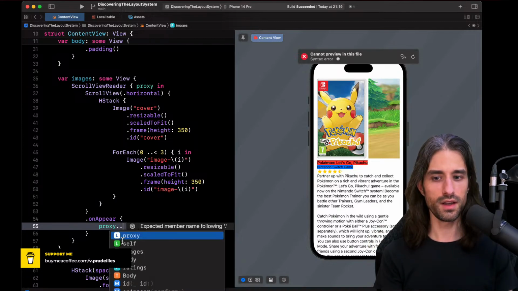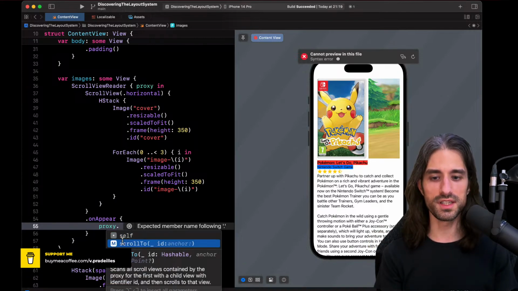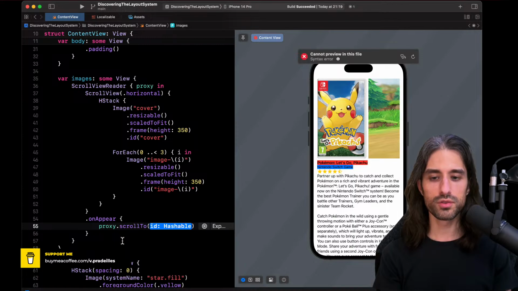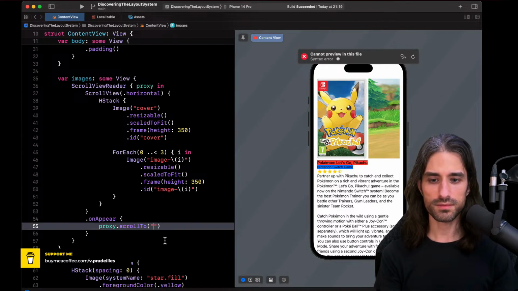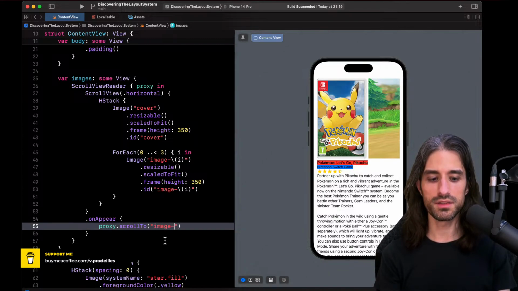And now I can say on my on appear, my proxy should scroll to the ID. So which ID should I use? I should do image 0.